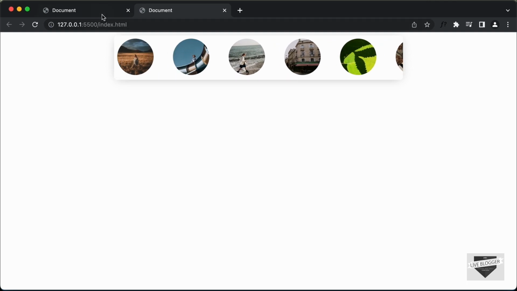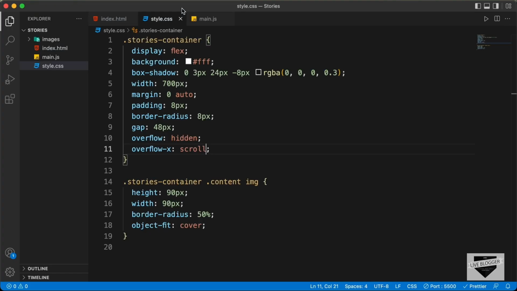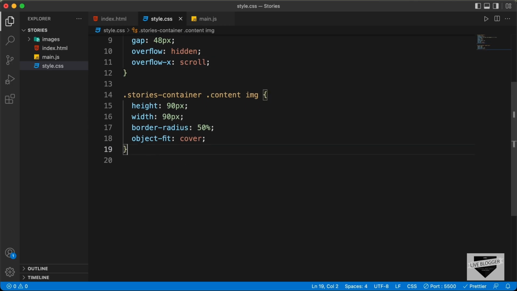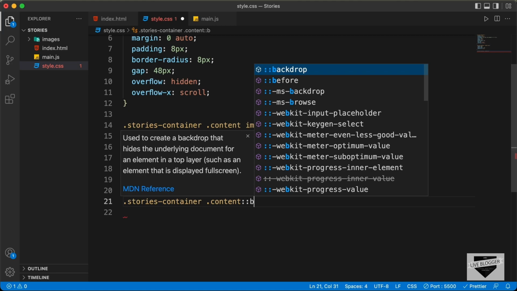Right, now the next thing we will do is we'll create this outer circle. So first of all, we need to have this white circle over here, and after that we need to have this red circle. So for that we will use the before and the after selectors. So here let's type stories container content :before,